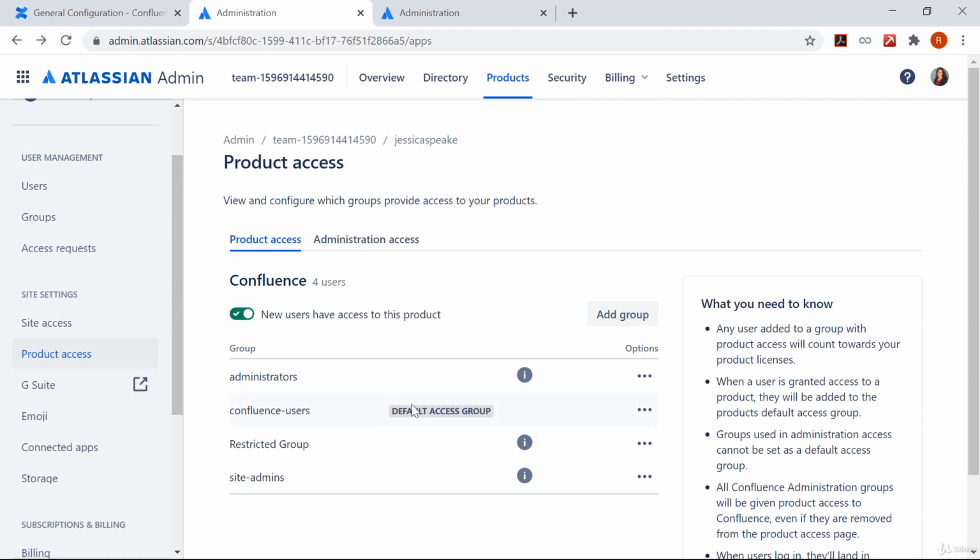And Confluence users is the default access group. We will talk about the product access and site access in detail in the next lecture. For now, just understand that whatever role you have selected while sending an invite to a new user, once that user chooses to join your site, they would be added in the respective groups.